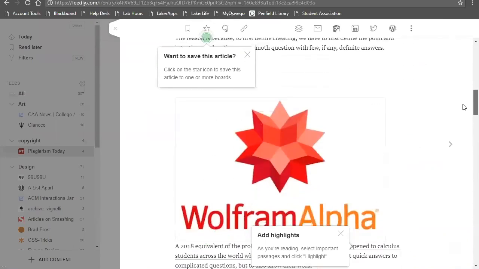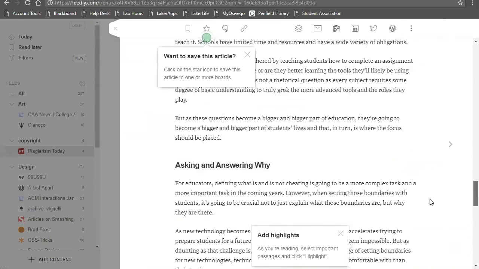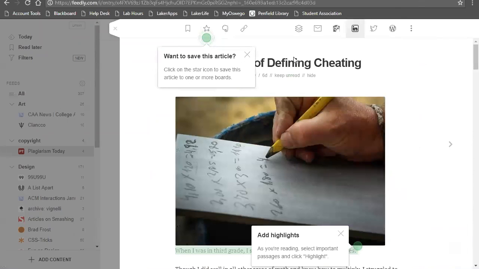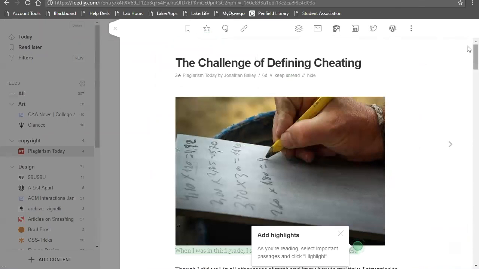Right. And then it does show you in a really clean reading environment so that there's not a lot of distractions. So if there's sites that you like to read, like news websites, but it's always cluttered with ads and more ads, you might enjoy this reading environment a little bit better.